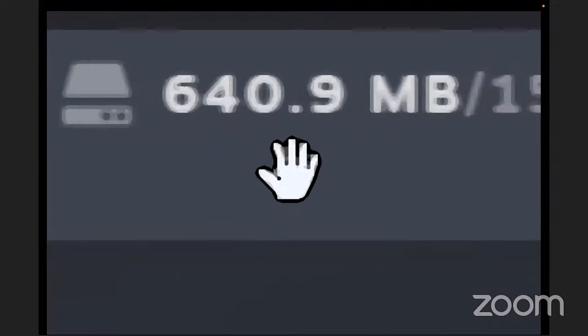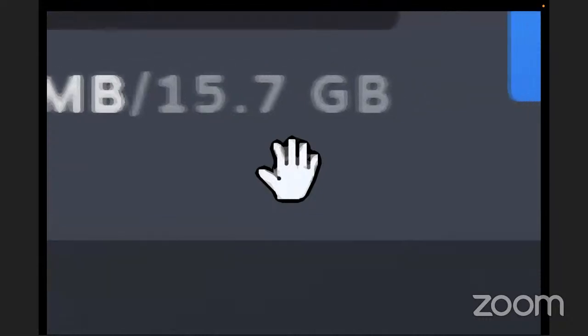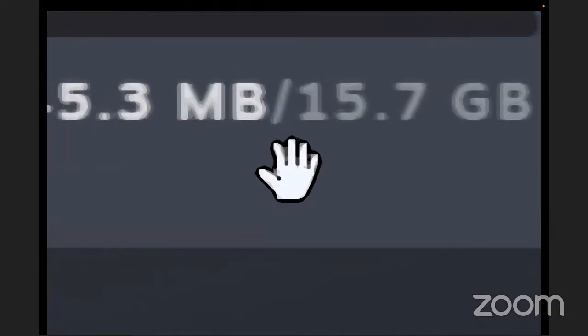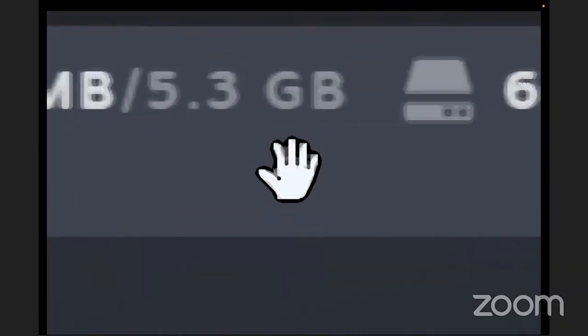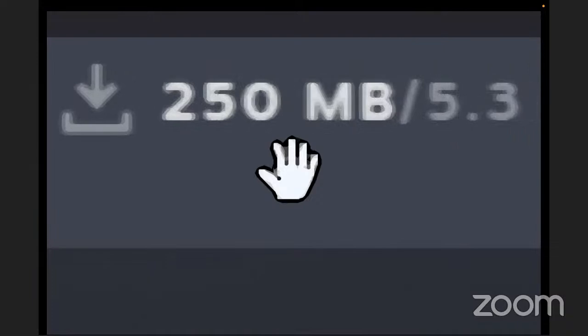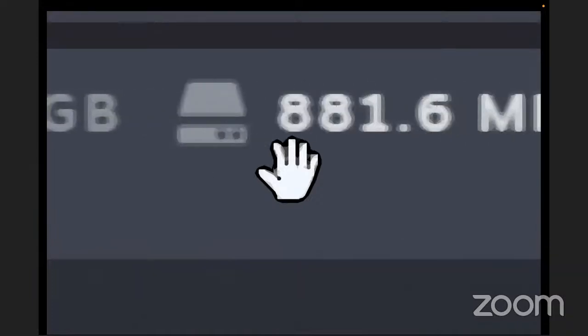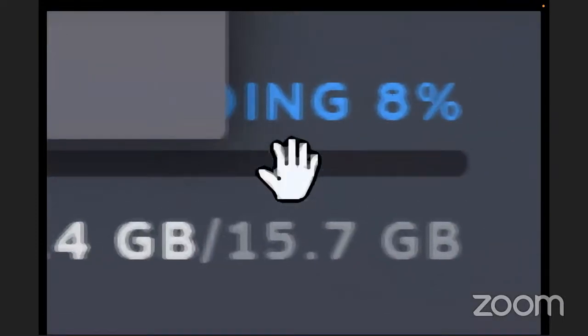Now that number of 640 megabytes a second, I think is wrong. Oh no, over. So I don't quite get that. It says downloading 250 meg of 5.5. Okay, so that's saying how much it's going to extract to. That doesn't make a lot of sense to me, but